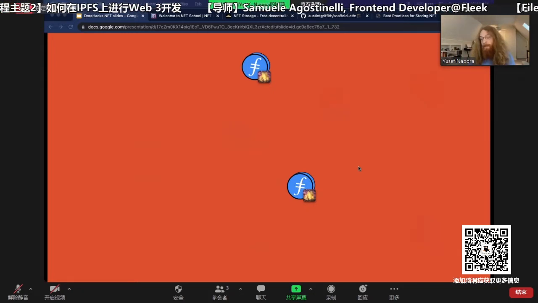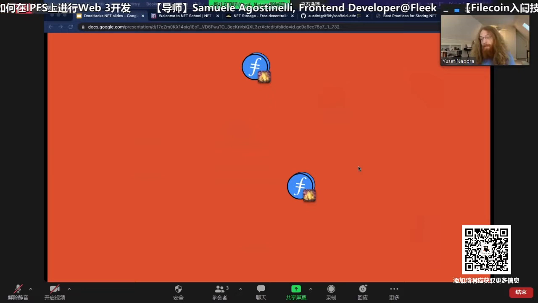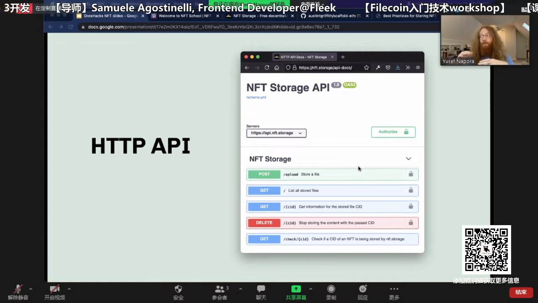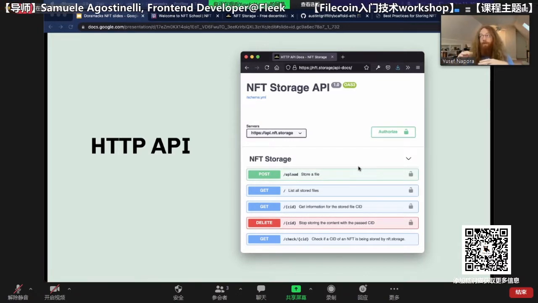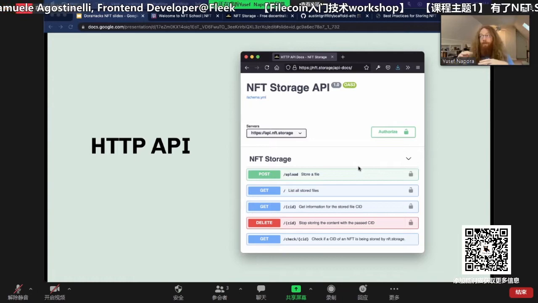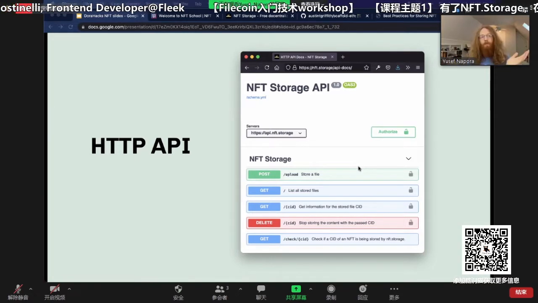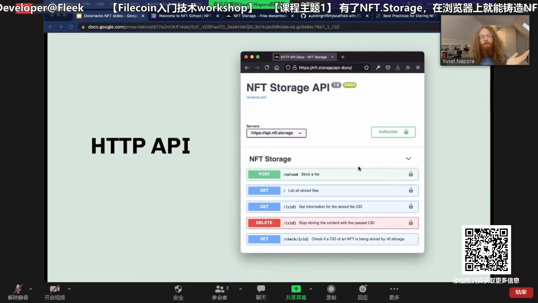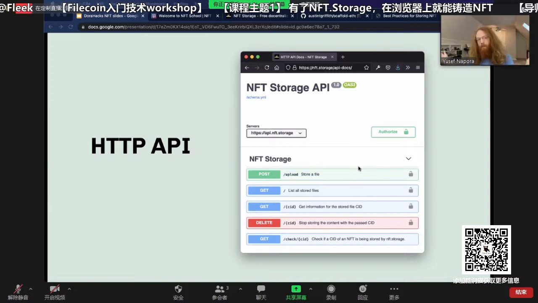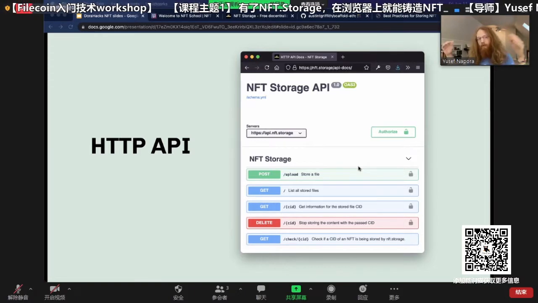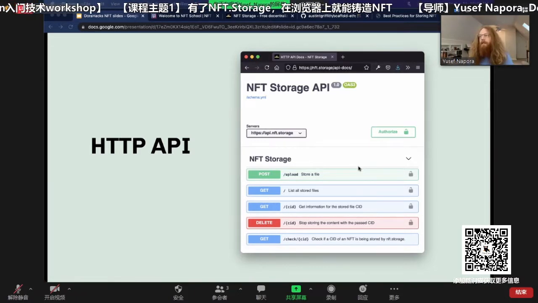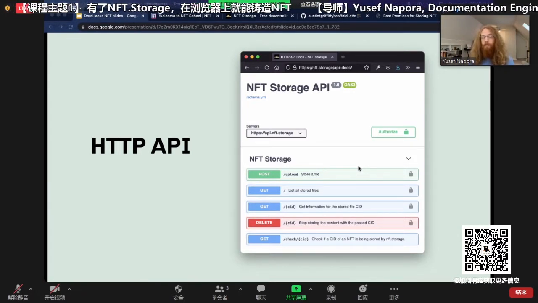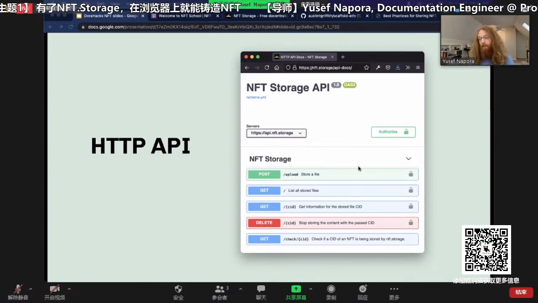One thing I've learned as a documentation engineer is that if you're not familiar with IPFS at all, there's a bit of a learning curve, right? There are some new concepts. Content addressing is new to a lot of developers, but also peer-to-peer networking in general is fairly complicated compared to the client-server model. So it adds friction, and especially coming from a web browser context, it can be difficult to speak the native protocols to IPFS and Filecoin, and it's nice to have an HTTP layer in between. So nft.storage is providing that. It's just a simple